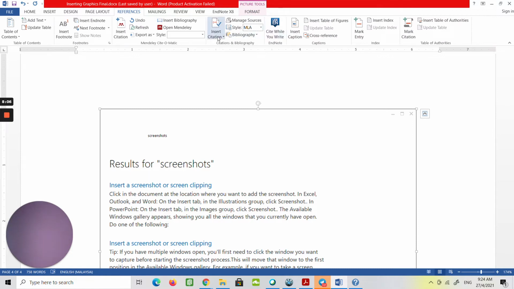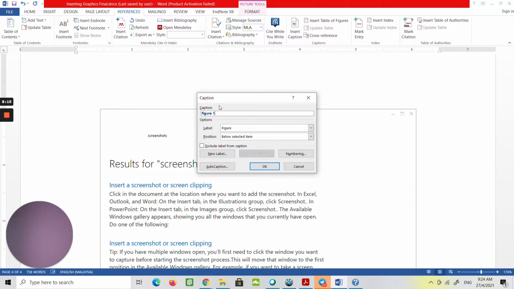Okay, and then click the insert caption button. Now we have the caption options: label, position, and the figure label. Now press the colon key after Figure 1, then press the space bar, and type help window screenshot. This is Figure 6-7 on page